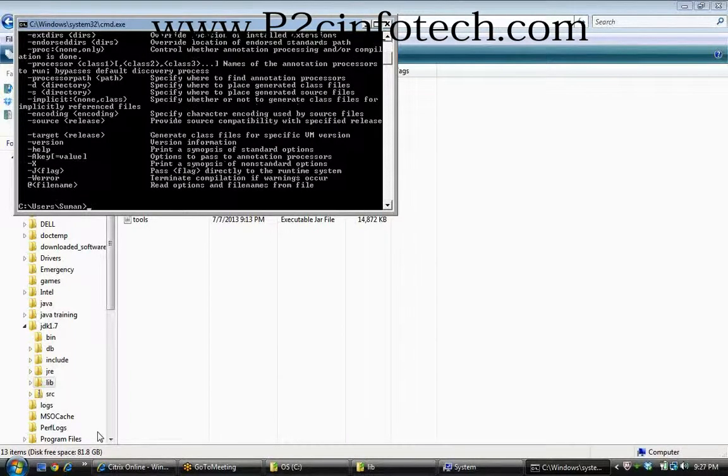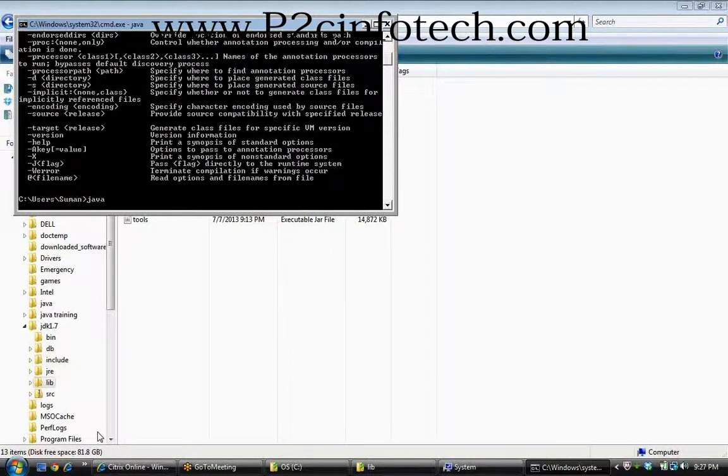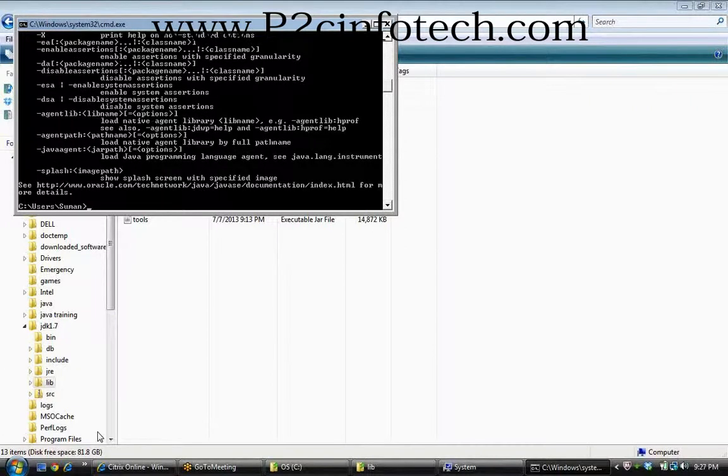If you are able to see this, Java is running in your machine. Type java and enter. These things won't work after installation of Java before doing the path settings. This will work after completion of path settings, which means that your path is working fine. So installation of Java is completed in your machine.